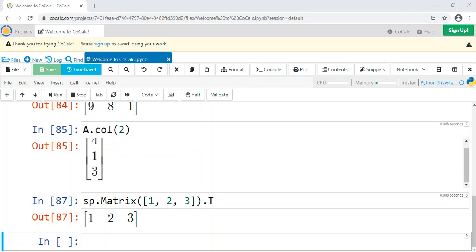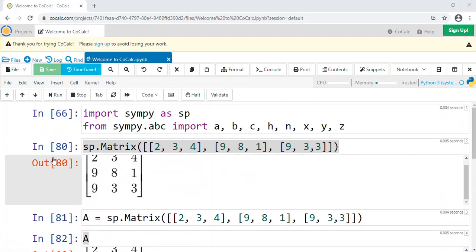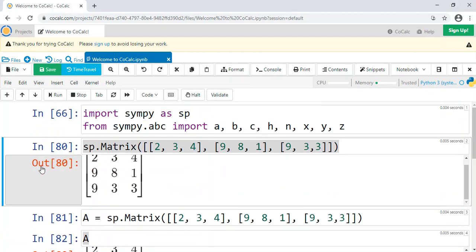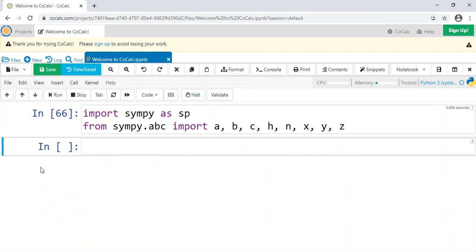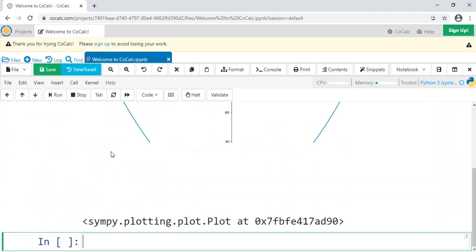Okay, and the last thing I want to go through at a high level is plotting an algebraic expression, just simple 2D Cartesian plotting in SymPy. Again, this is also one where I want to do a whole video, so I won't go into too much detail, but I want to show you the basic function that's involved, which is plot. So it's sp.plot, and then your equation. So x squared plus 2, for example. And it'll do a lot of it.